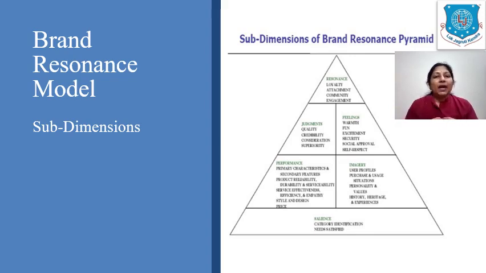Research has highlighted that points of parity and points of difference should be highlighted at this stage. Now, brand performance highlights the reliability and durability of the core values of a company. For example, for any clothes brand, you could say that simplicity and utility is the attribute or the core value of that brand. Under brand image, here you are trying to